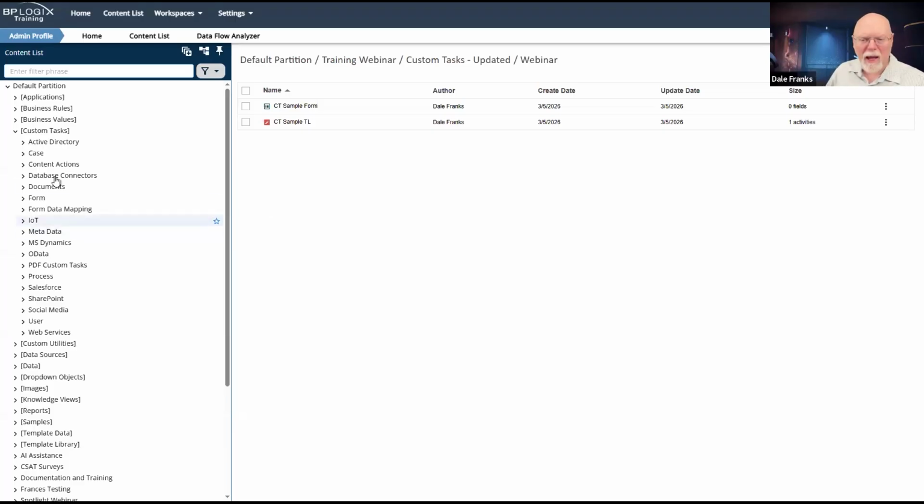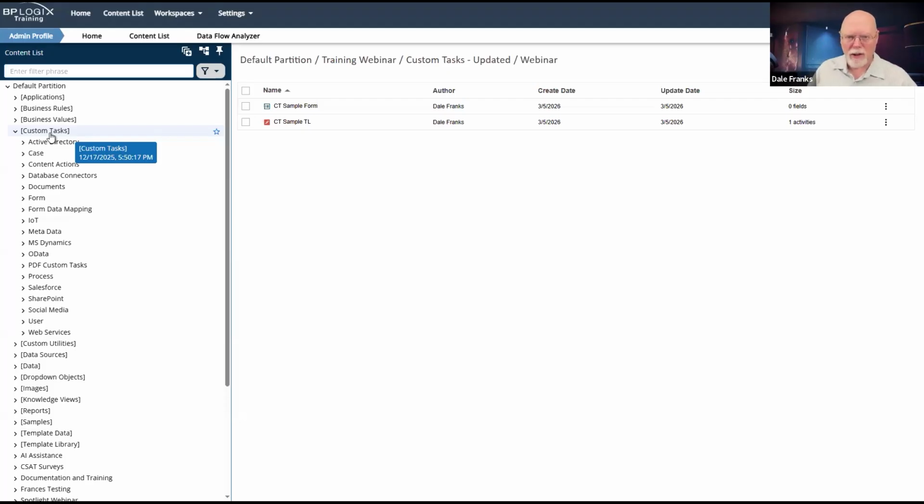All of the custom tasks are located, as I said, in the custom task folder that should be at the root of your application partition. The reason that it needs to be at the root is for import and export operations, because GUIDs, the actual unique identifiers for each object, don't actually get transferred whenever you export, say, from dev and import into production.